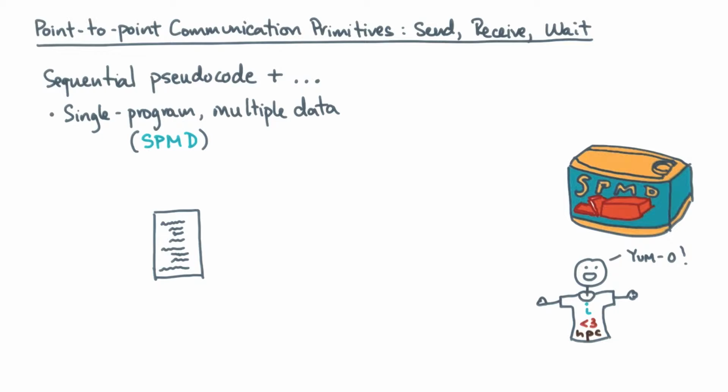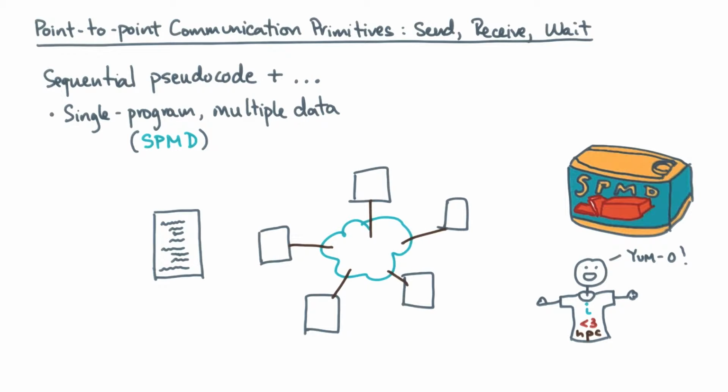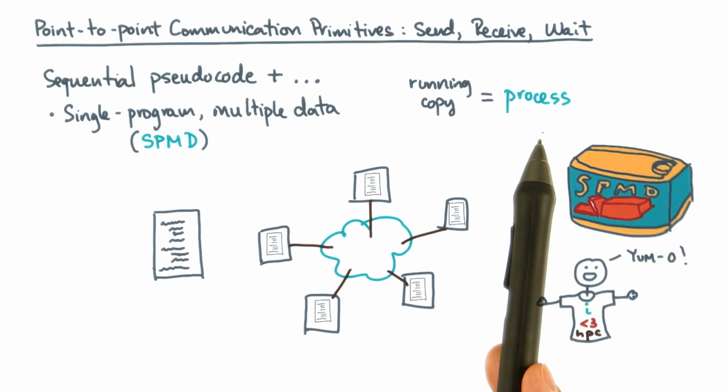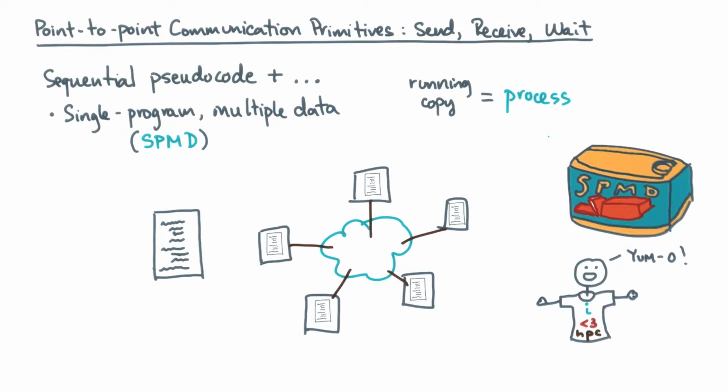First, you'll write some pseudocode algorithm. Then you'll imagine running that algorithm on some cluster, and you'll assume that that pseudocode is replicated on all the nodes. We'll call every running copy a process. Each process runs independently and asynchronously from the others in the absence of barriers or any other kind of explicit synchronization. Now, to distinguish the copies from one another, we'll assume that the pseudocode algorithm has access to two global